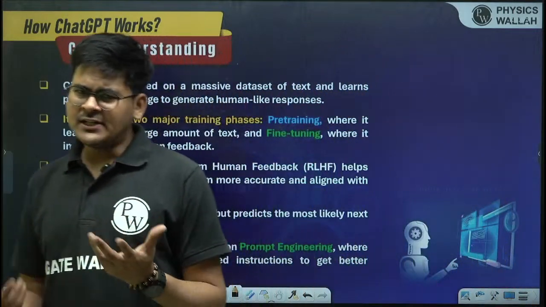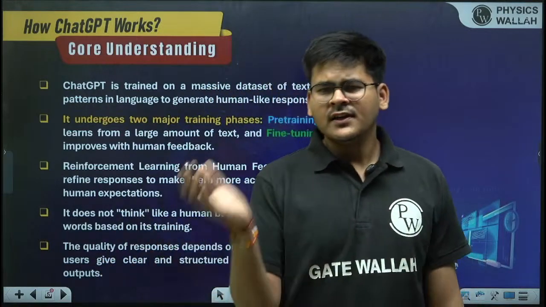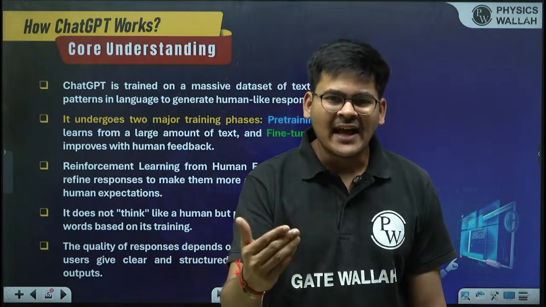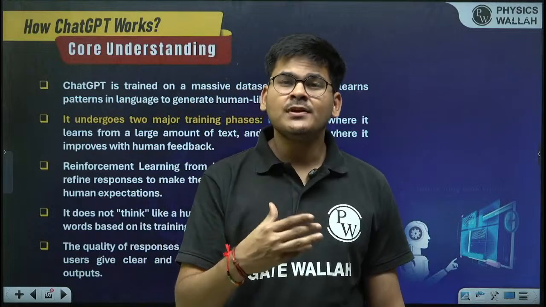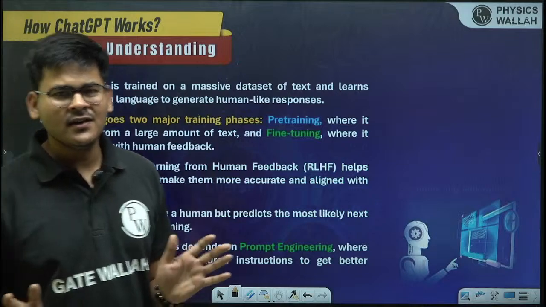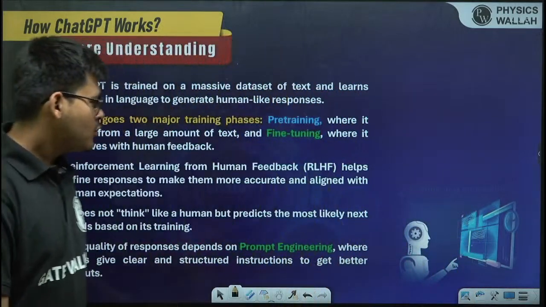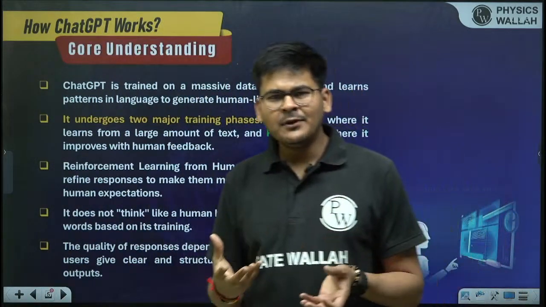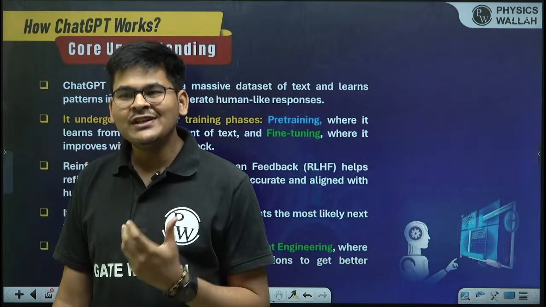Because ultimately, what is the use case? Natural language processing. The use case is to make the machine speak in as natural a language as possible. The purpose is for the machine to be as natural as possible. That's the whole point of natural language processing, right? Machine and human should interact in a seamless manner, correct? So it's very important for the machine to take feedback from humans, because ultimately it wants to be like us. We are training it to be like us. So we need to give the input, right?